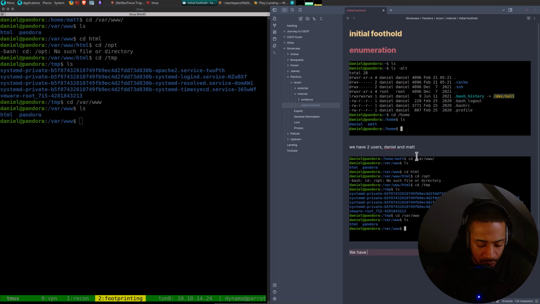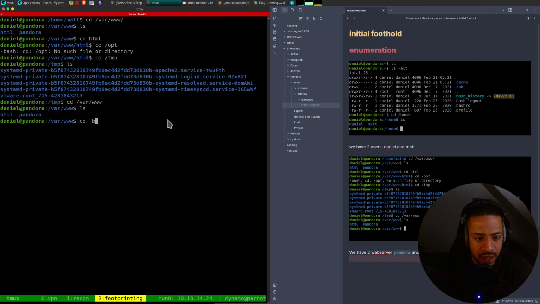Anyway, so we have 2 web servers, Pandora and HTML. Let's quickly go into HTML to confirm that this was what we saw. Index and HTML. Yes, that is the page we saw.